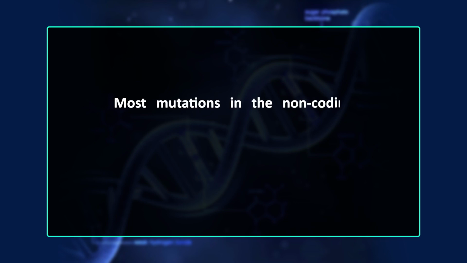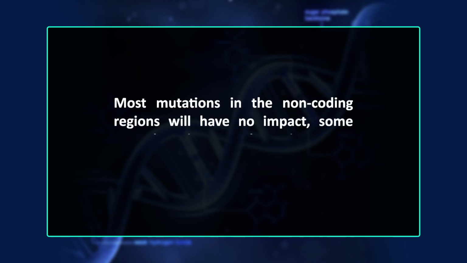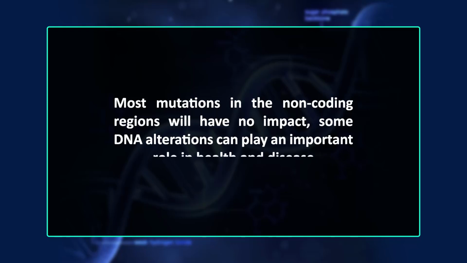In addition to enhancer elements, variants in non-coding DNA can disrupt other regulatory elements as well. These other elements include promoters, where proteins that turn on genes attach; insulators, where proteins that help shape the activity of the gene in different ways attach; and silencers, where proteins that turn off genes attach. While most mutations in the non-coding regions will have no impact, some DNA alterations can play an important role in